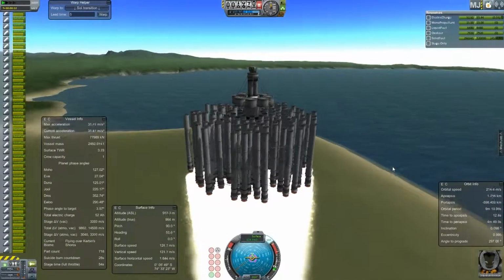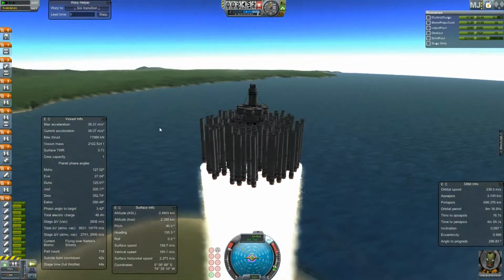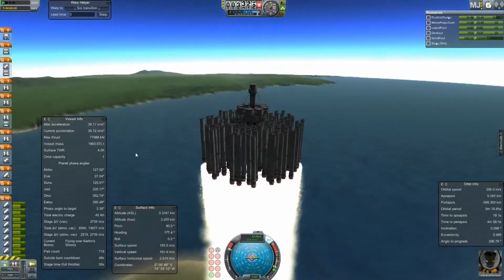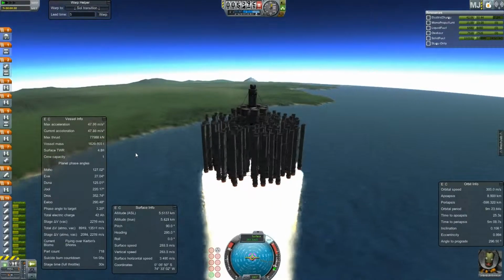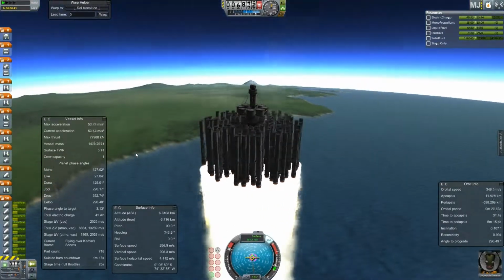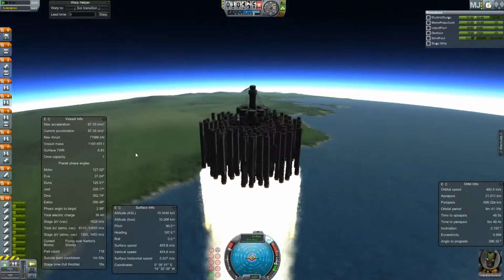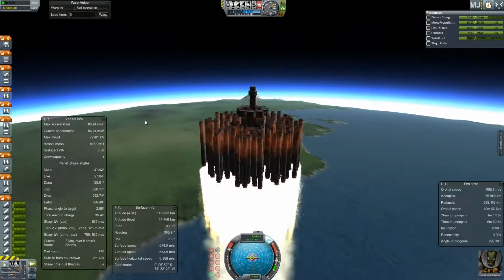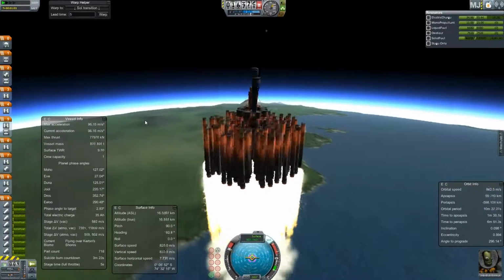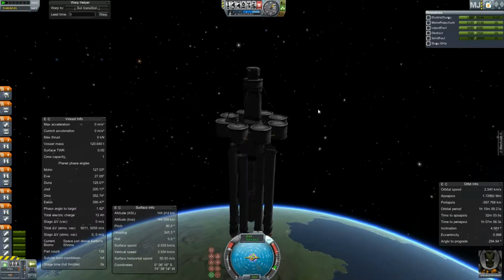So this one's actually one of my favorite rockets that I've ever built. It's basically just a bunch of solid rocket boosters, and man, does it ever get going fast. Very, very fast. Good thrust to weight ratio with all of them. Unfortunately, I had a massive rotational problem here that I could not correct, which actually makes it look quite nice